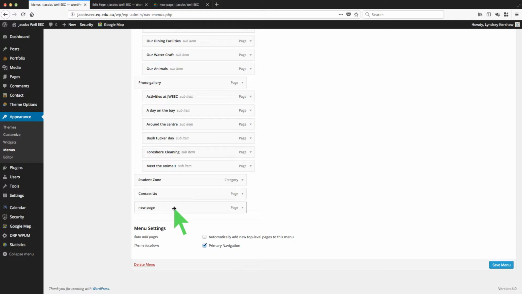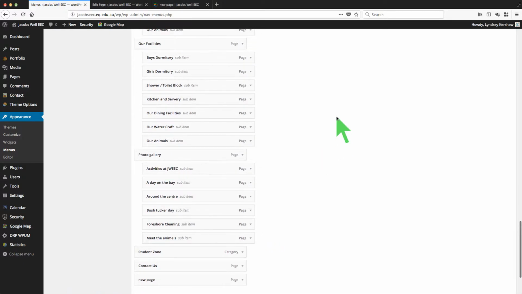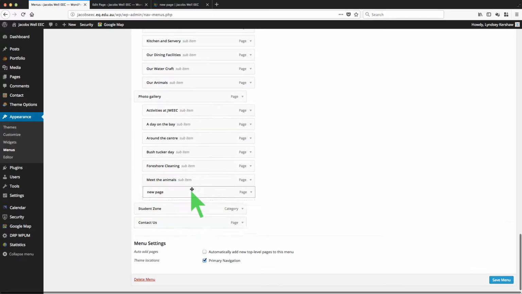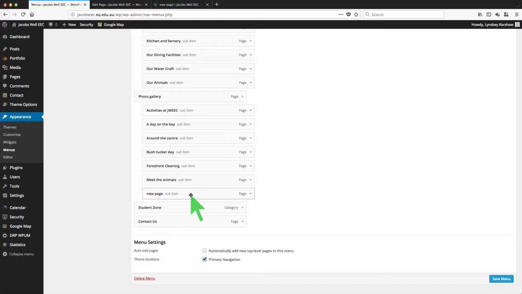And let's say we wanted to add that to, what did we say before? Oh, let's make it easy. Let's just add this new page to the bottom of the photo gallery. Now I'm going to get rid of this very quickly. All right, so there it is at the bottom of the photo gallery. That won't be visible until we save the menu. So I'm going to save the menu here, click there,